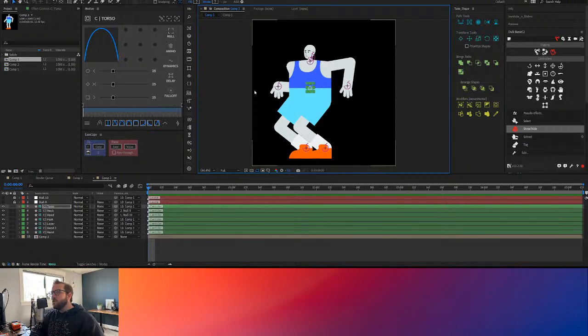The reason why you would use expressions rather than master properties is because it would be faster than master properties, but you wouldn't be able to duplicate the rig and do different animations. You'd have to actually physically duplicate the original composition and then extract its controllers. Hopefully that makes sense, but